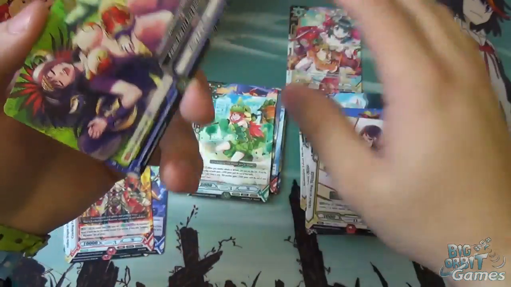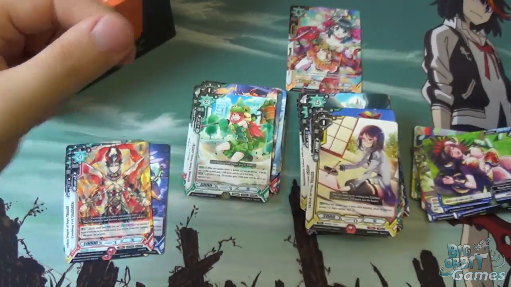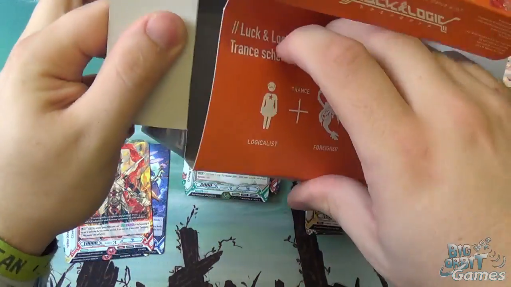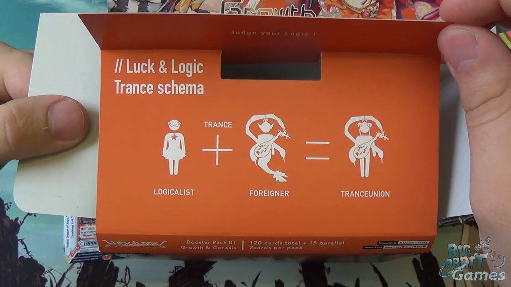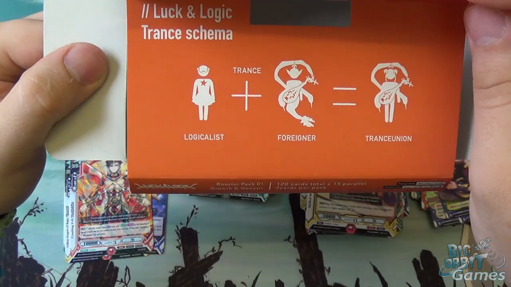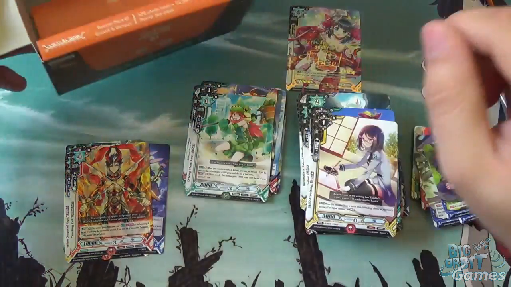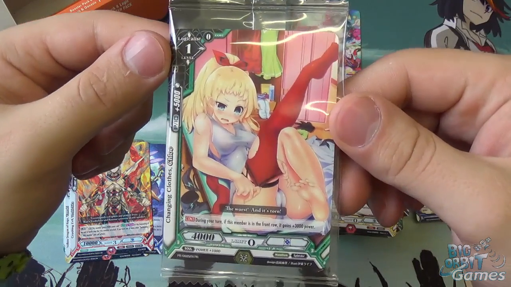And then our final paradox was Milky Paradise again. So, there we go. Apart from the promo. What's this do here, actually? Oh, yes. Just to remind you that a Logicalist and a Foreigner combined together equal TransUnion. This is a really nice storage box, though. I like that. So our promo for this one was the